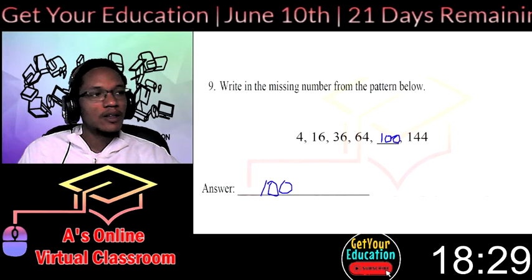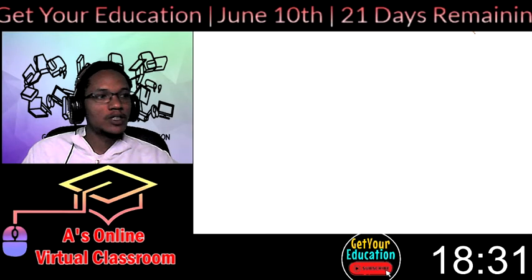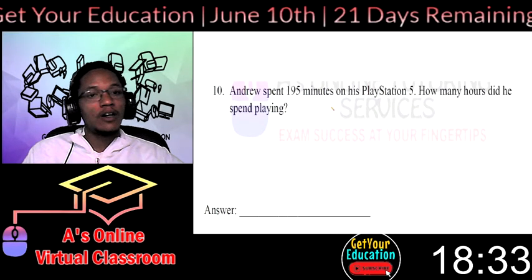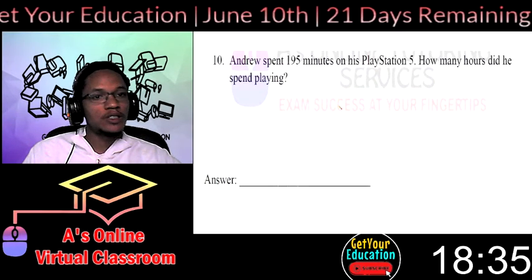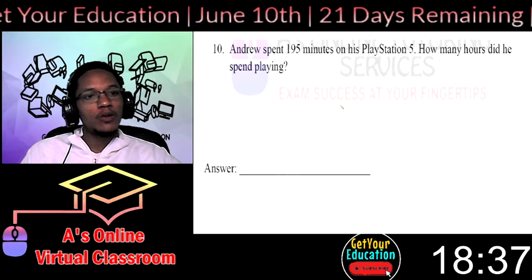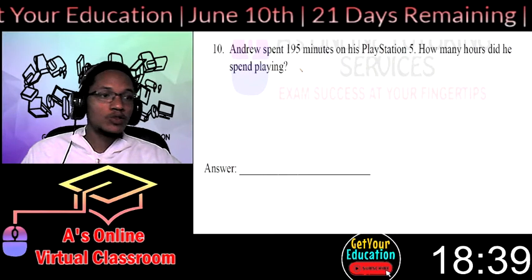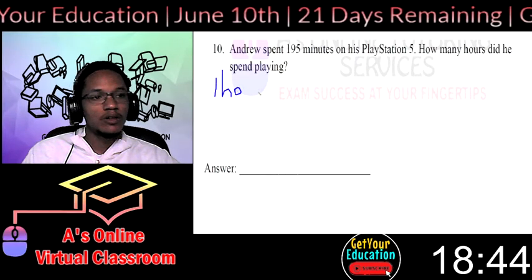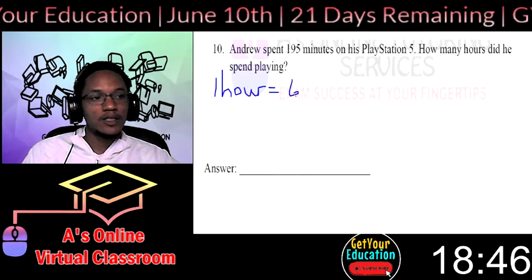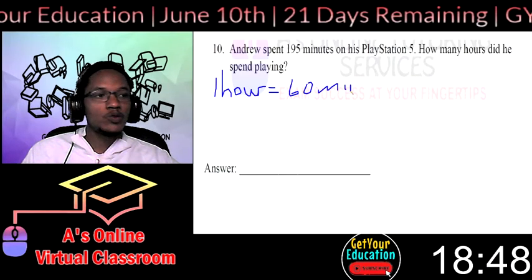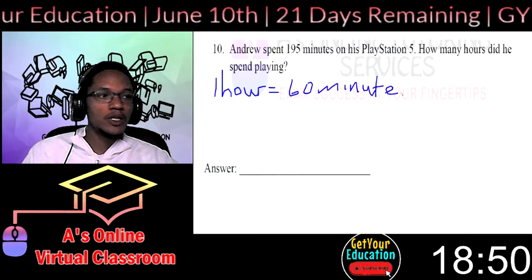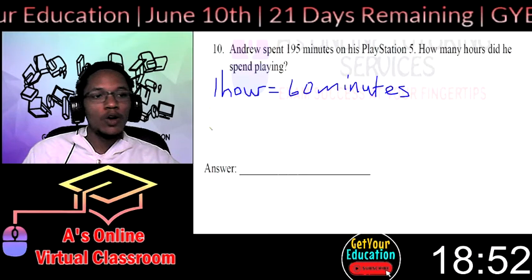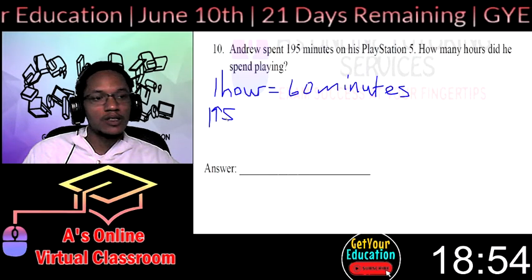And that's it. Last question for today. Andrew spent 195 minutes on his PlayStation 5. How many hours did he spend playing? So we have to keep in mind that 1 hour is equal to 60 minutes. So if we want to change those minutes into hours, 195 minutes